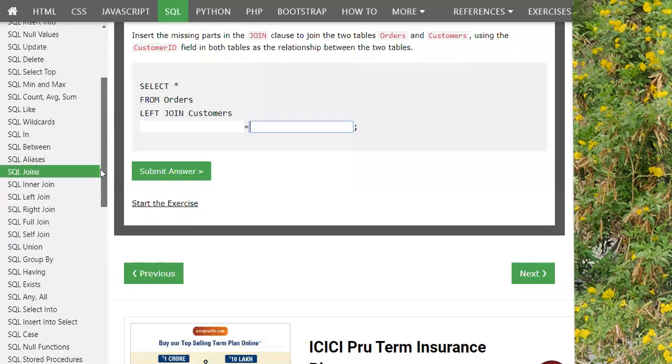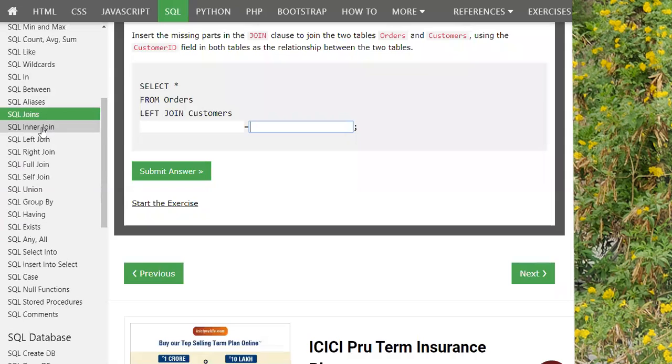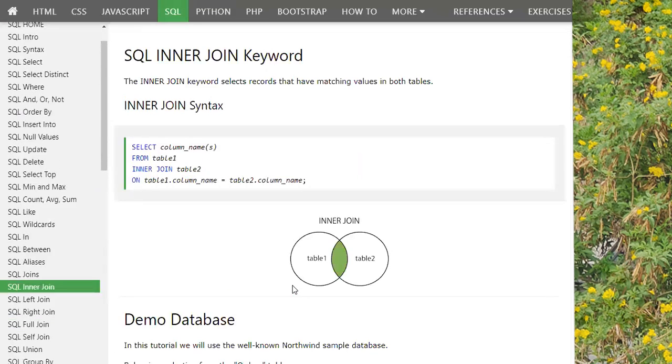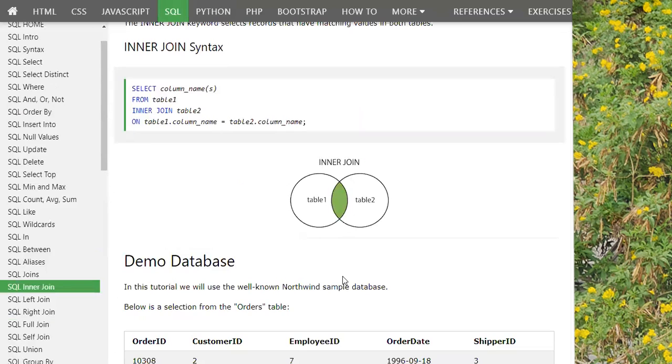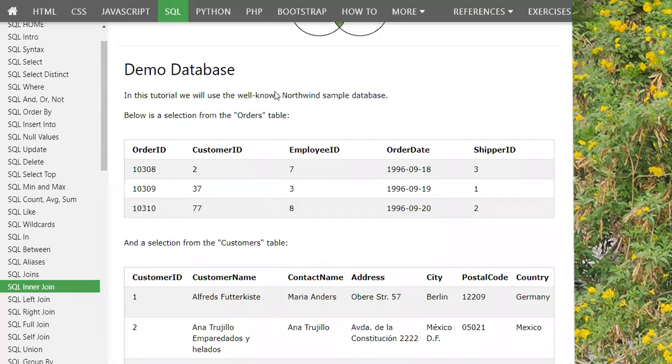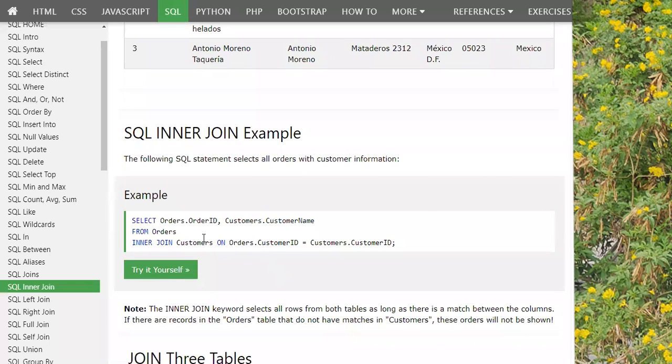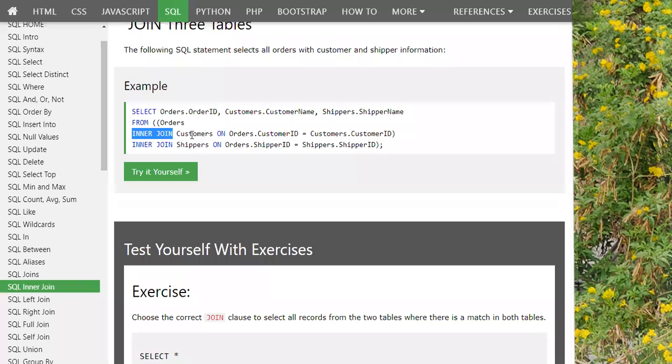So we have seen the types of different joins. So inner join, obviously, will give the common columns. The example is given here, and after writing this query, you will get the output as the common columns. Here is how the query is written, but to note, for inner join you have to write ON; the text in blue is the keyword. So: inner join customers on orders.customerID is equal to customers.customerID.